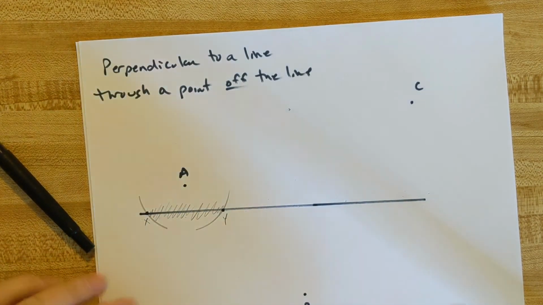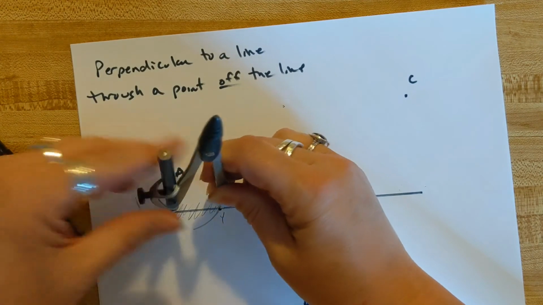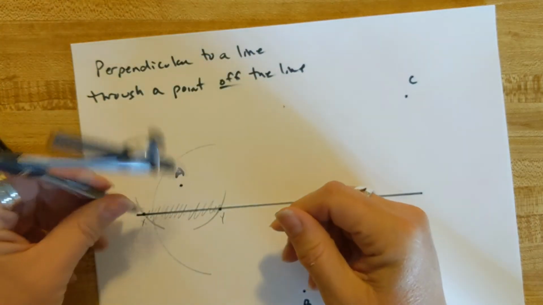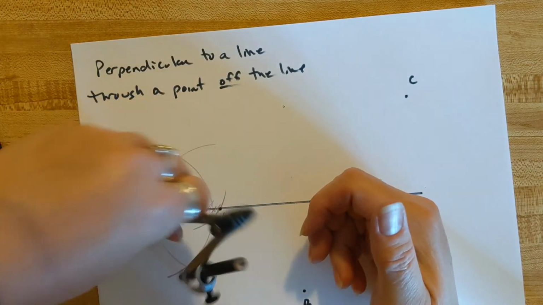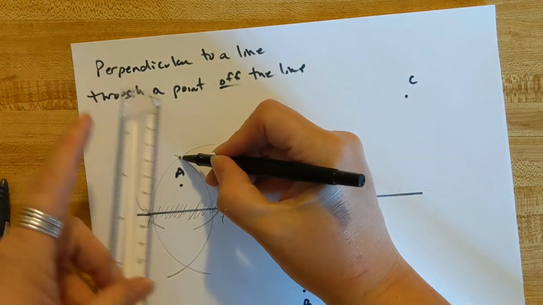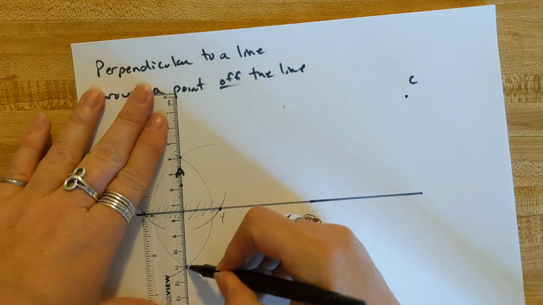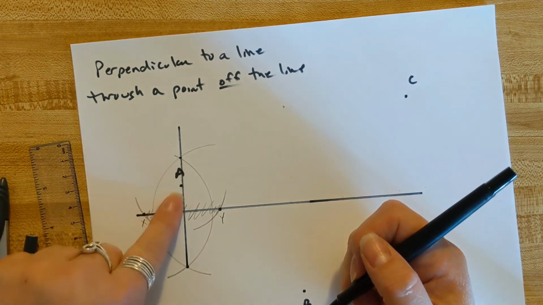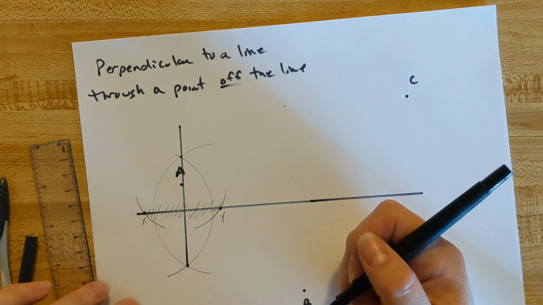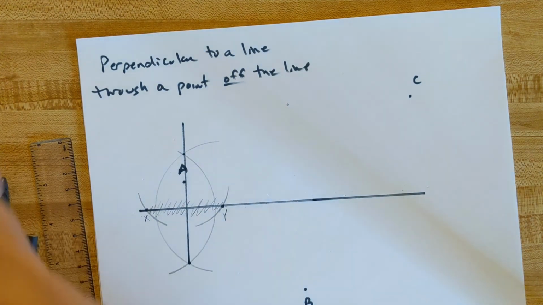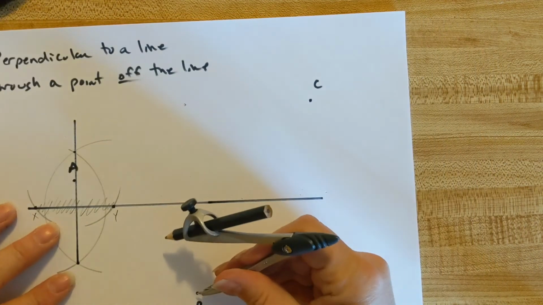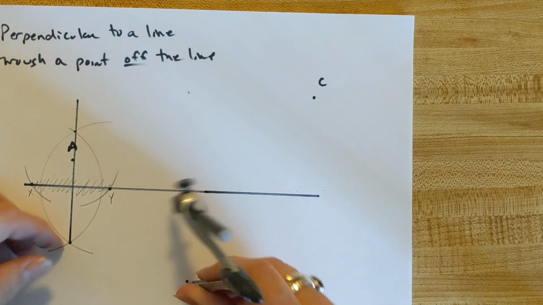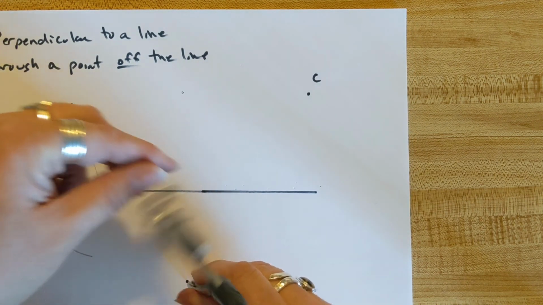I need the perpendicular bisector for that segment. Make sure your compass is set for obviously more than half. Circle from one end, circle from the other, and connect the dots. And be more accurate than me. I need a pencil to erase that and redo that. Second one. Draw a circle. And I could draw a big huge circle. Doesn't matter that